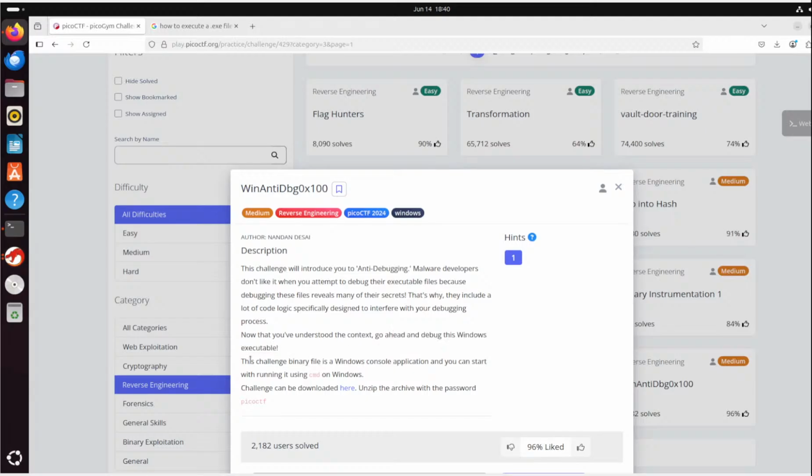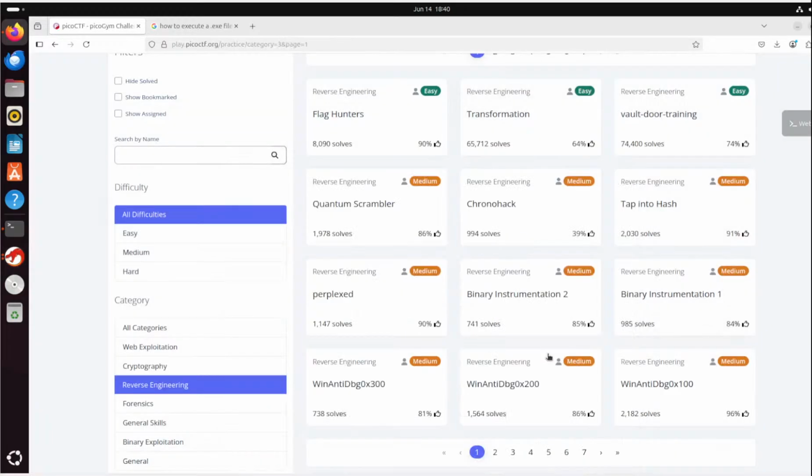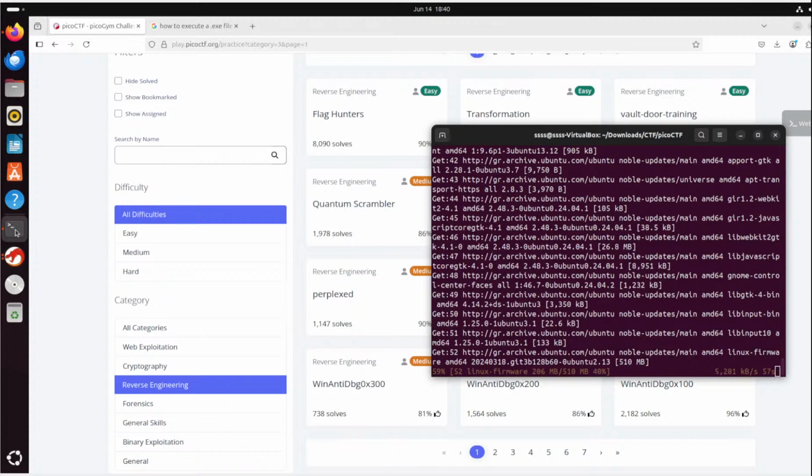It's a Windows executable. It's a Windows console application. Okay, yeah, that's why I didn't do them. I remember now. That's not very funny, but